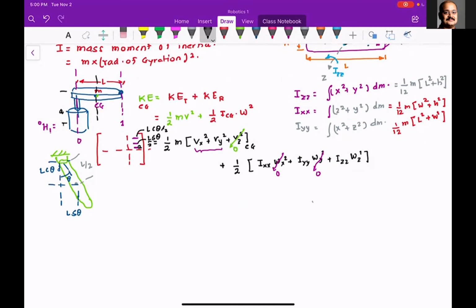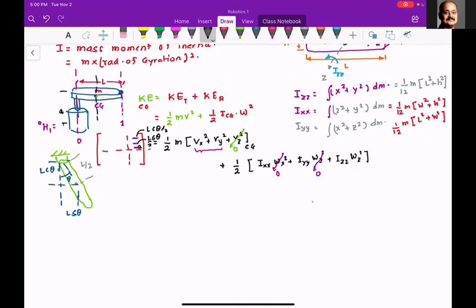Everyone understood this? So it depends upon where the center of gravity is. For a robot problem that we can solve by hand, the center of gravity will always be at the midpoint. Let me work out some simple problems, and then I will show you how you would do that in the case of a complex robot.